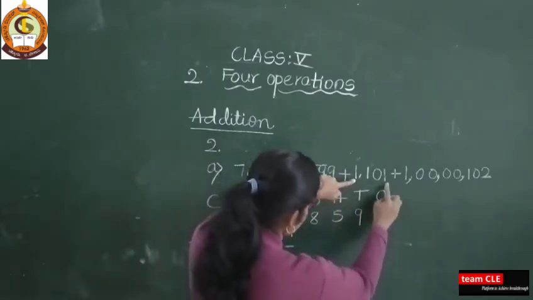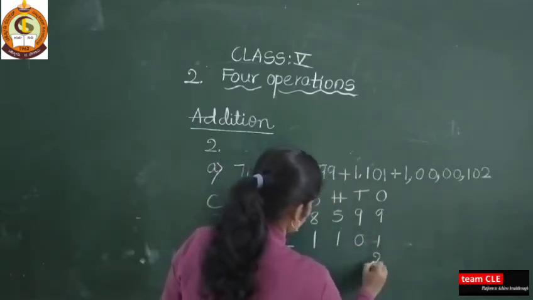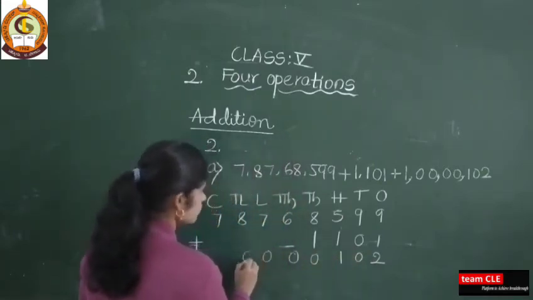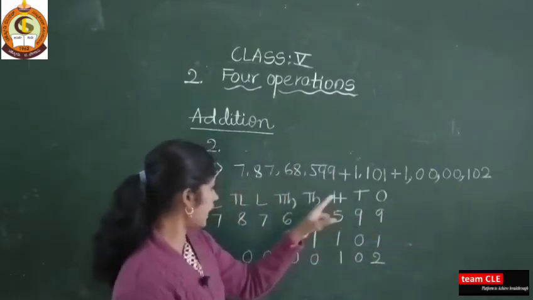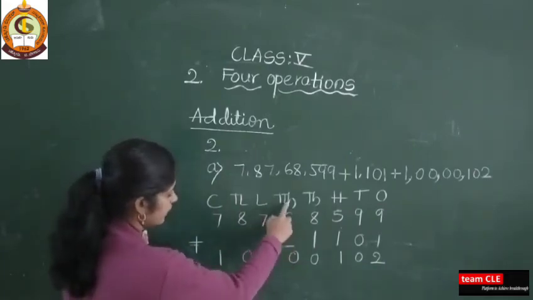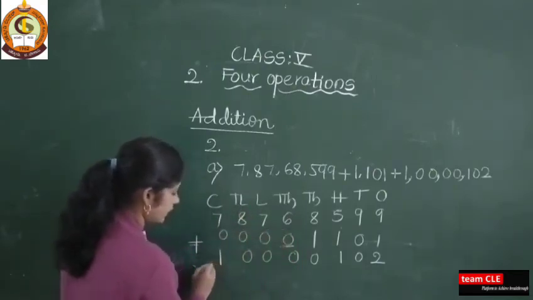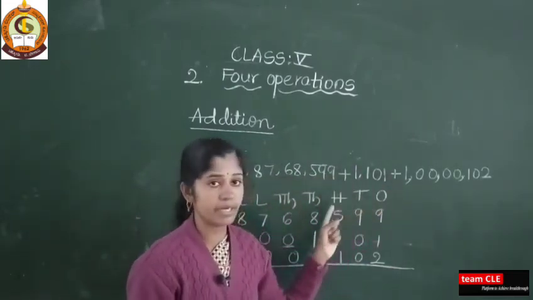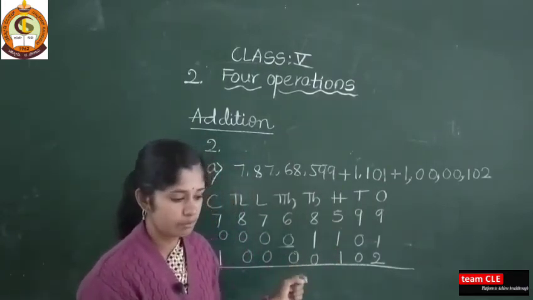See here only 4 digits are there: 1, 0, 1, 1. Again take those digits: 2, 0, 1, 0, 0. Again 0, 0, 1. See here, 2, 0, 1, 0, 0, that 2, 0, and here I wrote 1. See here there are no digits in the ten thousands, lakh, ten lakh, crore places, so put 0 here. Now you add the numbers. See here, 1, 2, 3, 4, 5, 6, 7, 8 digits, but here 4 digits are there. Arrangement of numbers is very very important.